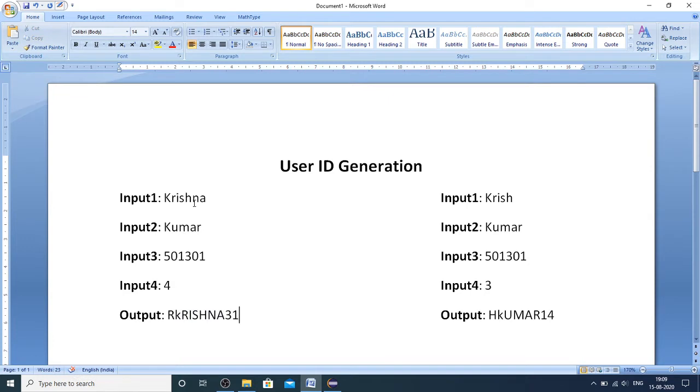It's straight away, as I have explained in the problem statement. Among input 1 and input 2, input 2 is the smaller name due to its length, and input 1 is the larger name.